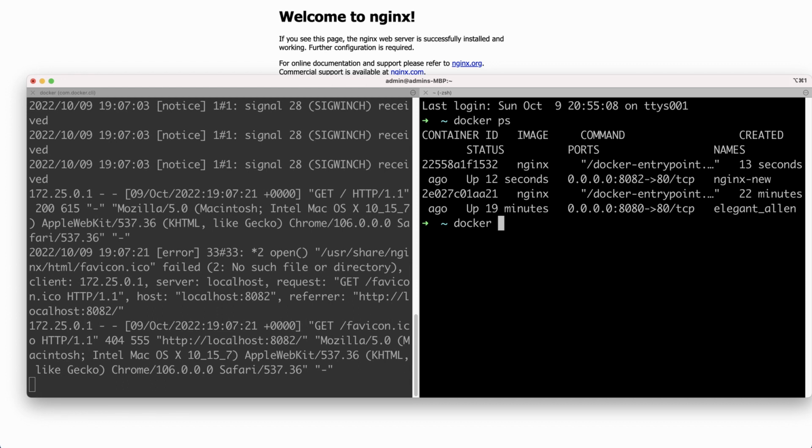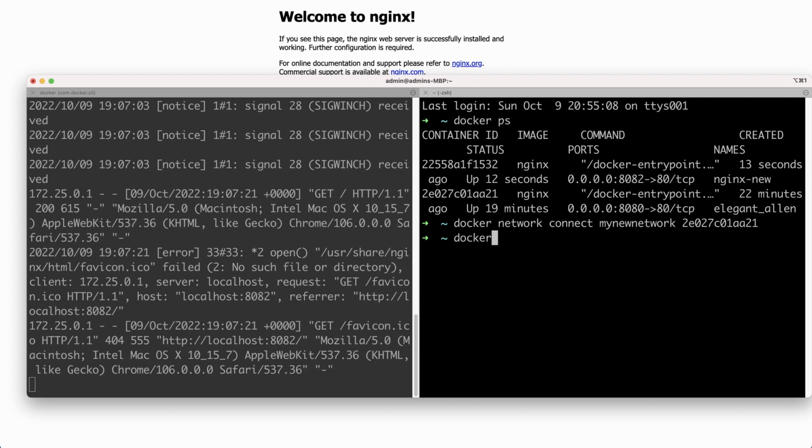I can do that basically by typing docker network connect, and then the name of the network, in this case my new network, and then the name of the container or the ID of the container. In our case, it is this one. This is the first container we created, which is running right now on port 80. Okay. So if I run this command right now,